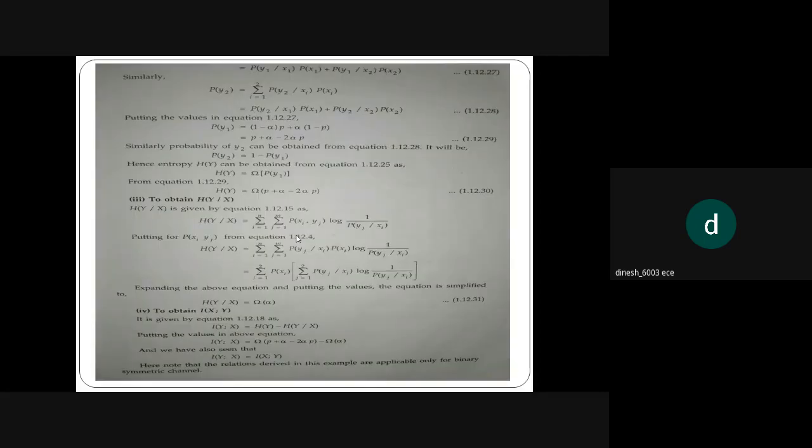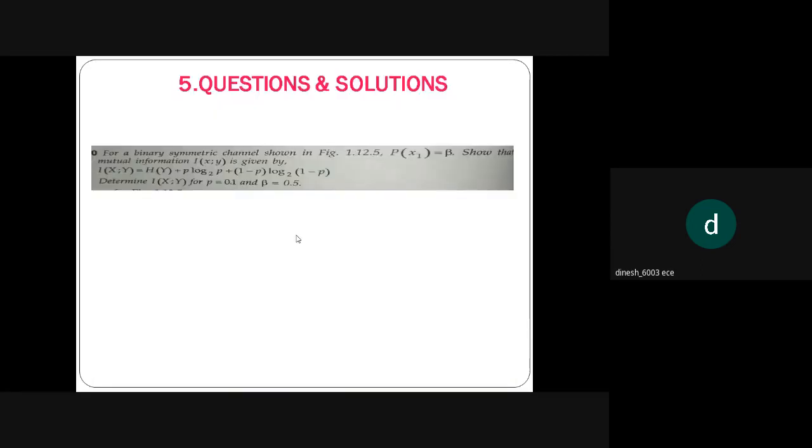Yeah, coming back to the binary symmetric channel. So now in the next question, we are going to use the same channel, same diagram, and add some parameters. Instead of notations, we're giving it some values of parameters, where we are substituting the value for p as 0.1 and beta as 0.5, where this beta is only for